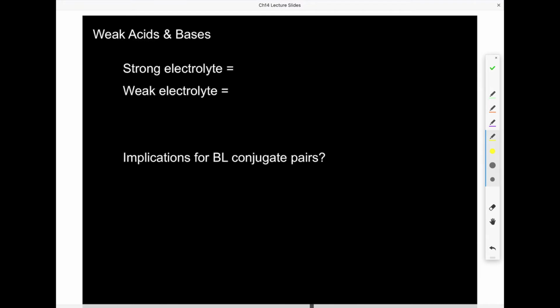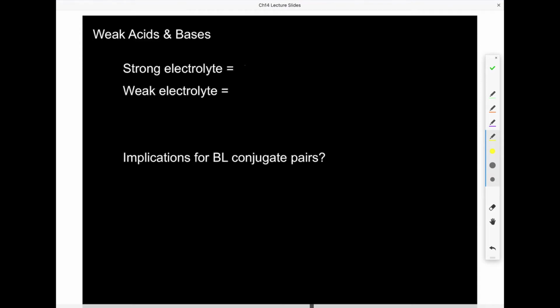This should be 14.7 through 14.9, I believe, where we're going to talk a little bit about weak acids and weak bases, and then basically we get into, well, we have to talk about water so that we can then talk about how to calculate pH. So, weak acids and weak bases, we've already alluded to this way back in first semester, but